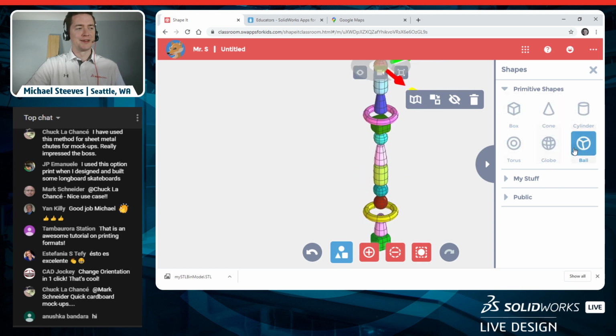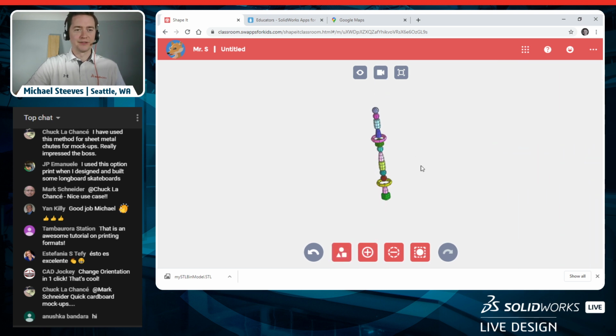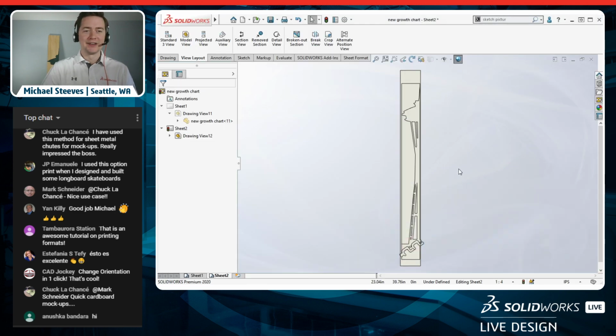You just click on different shapes, and very quickly you've designed your own wizard staff. So this would be a nice, fun little way to go through those same steps of saving that out, printing it, saving it to the STL format, bringing it into SolidWorks to create your new custom growth chart. Nice, easy way to create some organic shapes, bring it into SolidWorks, reuse that geometry, and use